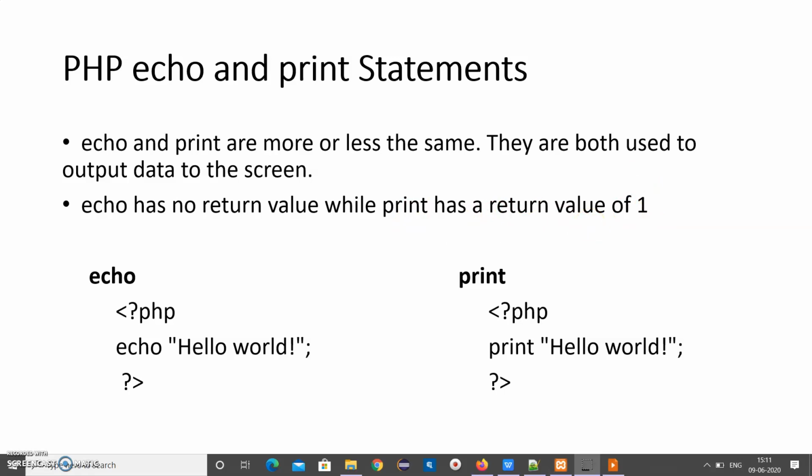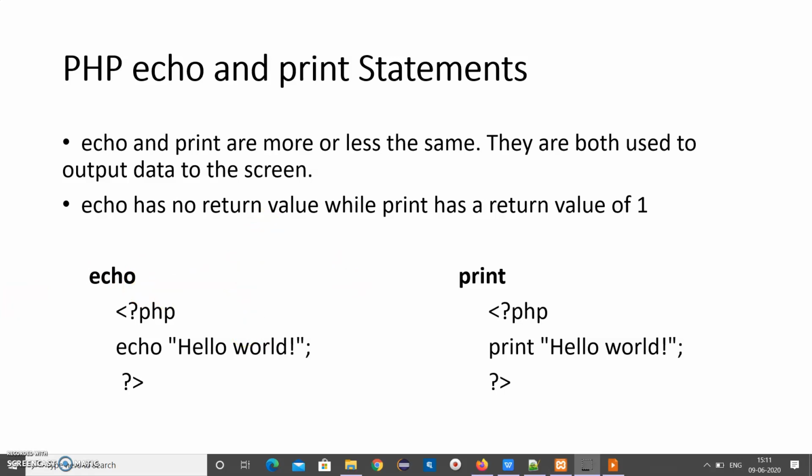Echo is a bit faster than print. The way of writing is similar; only echo or print differs. You can write echo directly or echo followed by parentheses also.